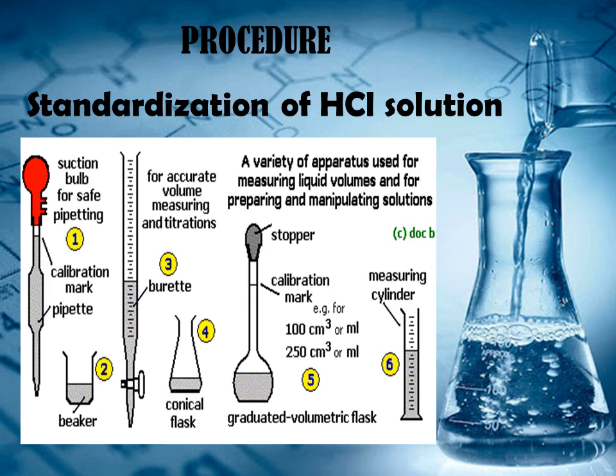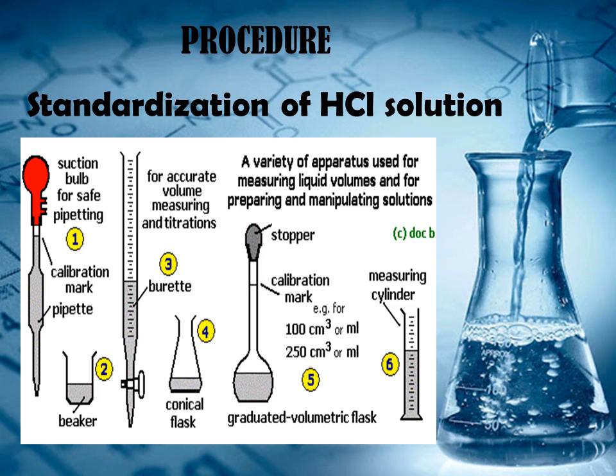Now calculate the molarity of stock concentrated HCl solution using its percentage and specific gravity as given on the bottle. Now calculate the volume of stock concentrated HCl solution to prepare about 250 ml of about 0.1 molar HCl solution in a beaker. How to prepare? Transfer the calculated volume of stock concentrated HCl solution to a beaker with a measuring cylinder and make the volume of the solution up to about 250 ml with distilled water.